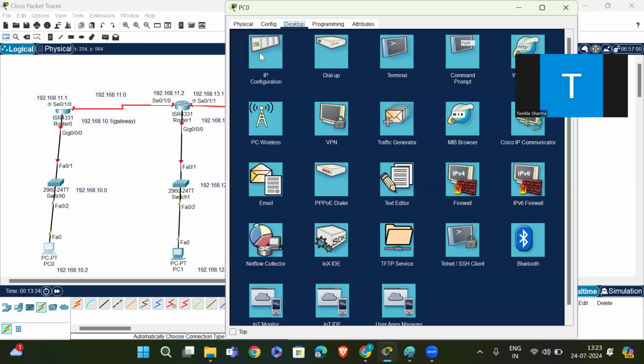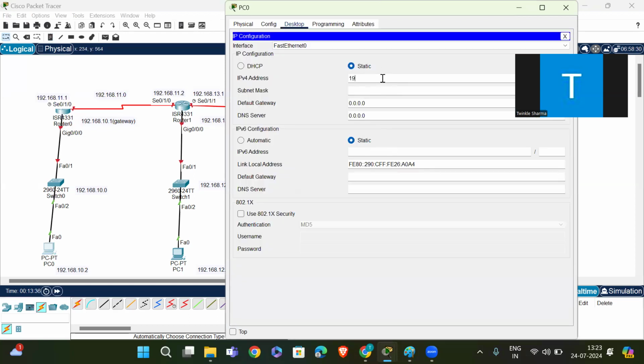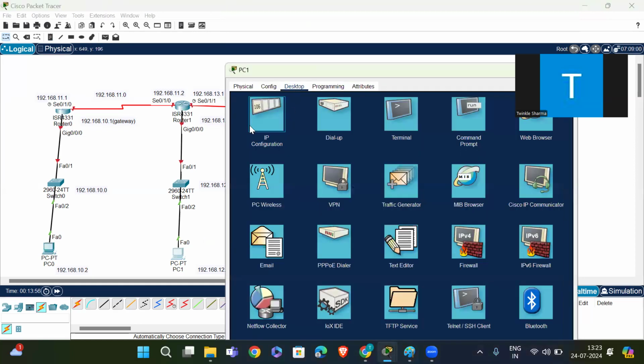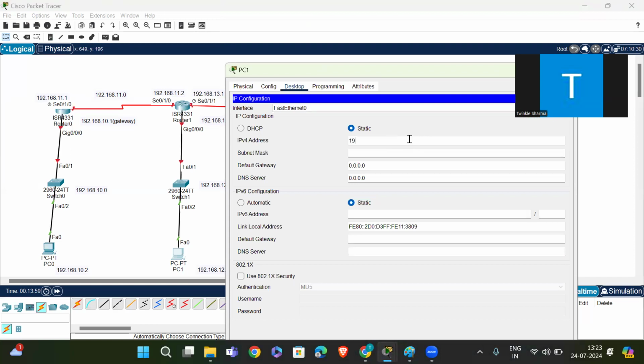Just go to PC1: 192.168.10.2, then giving the gateway 192.168.10.1. Then PC2: 192.168.12.2 and gateway 192.168.12.1.